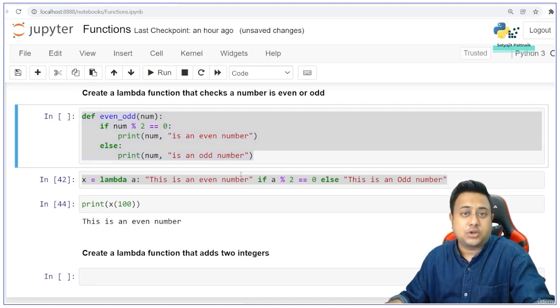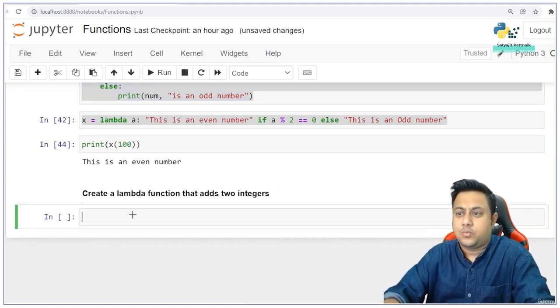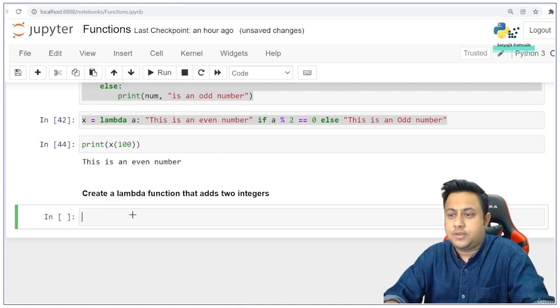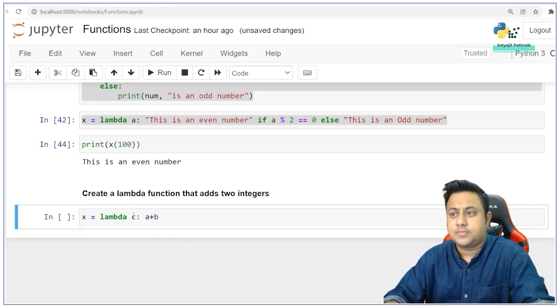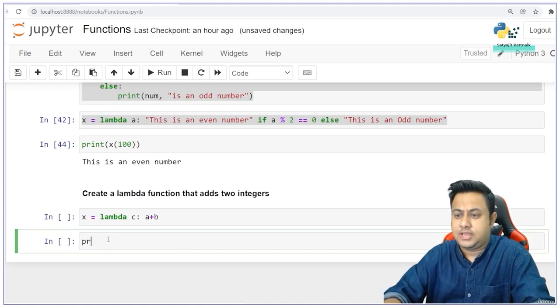Now last but not the least, my next question will be create a lambda function that adds two integers. Very simple. What it will be, sorry, x equals to lambda a, you can do this way, a plus b. You can do this way, or else let me do another way as well. Yeah, a plus b, and then if I type print of x of